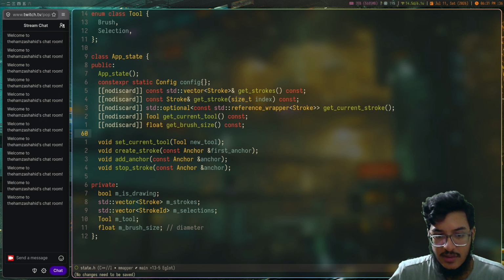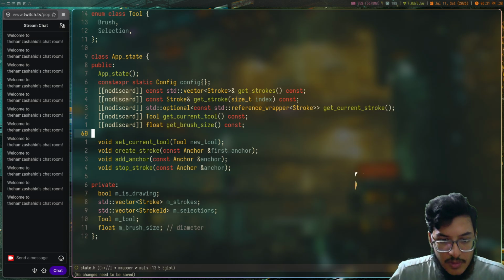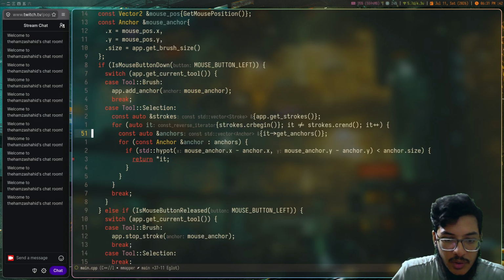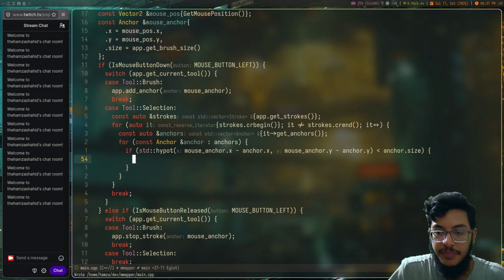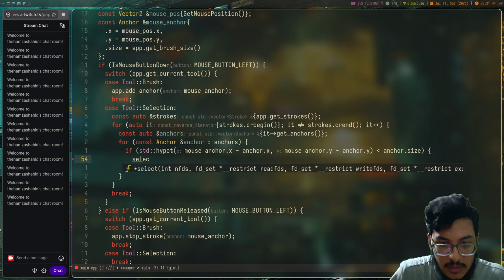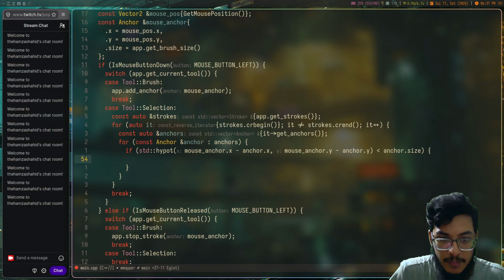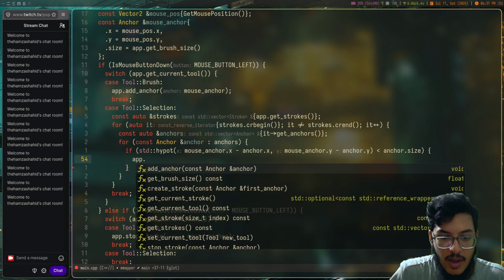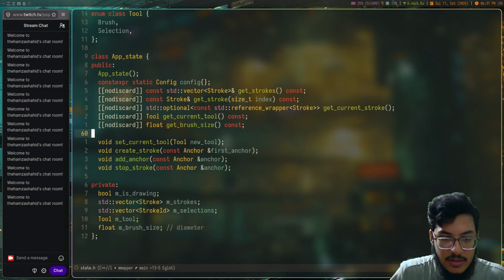It should just select it, right? So instead of just returning this, it should add it to the selection. So select, not like that, app dot add to selection. So